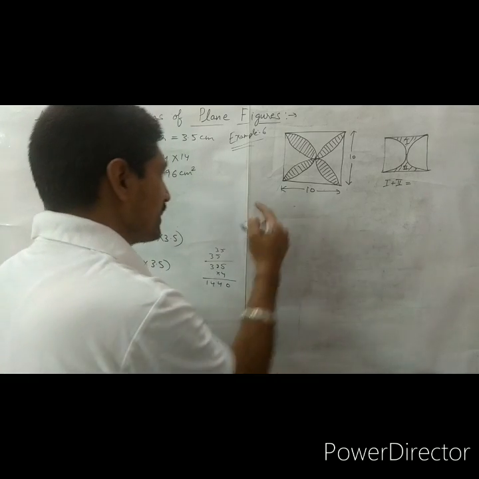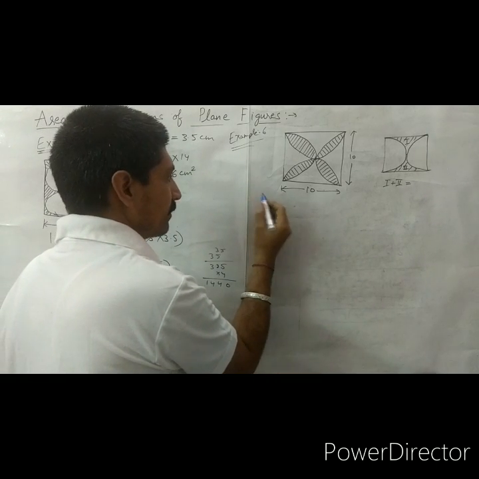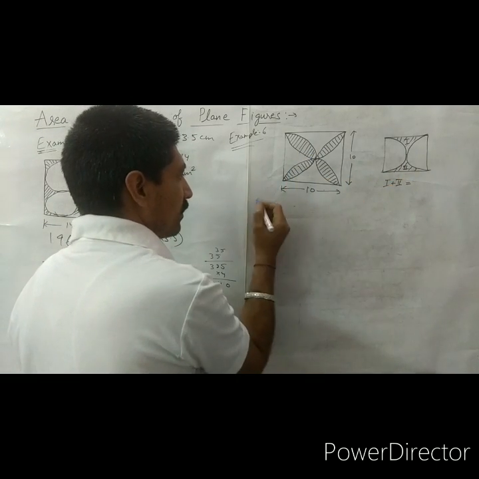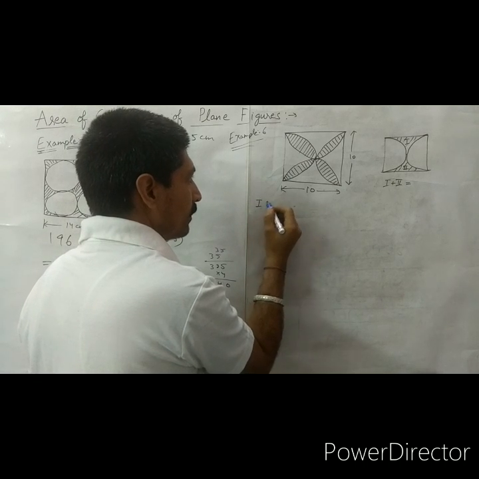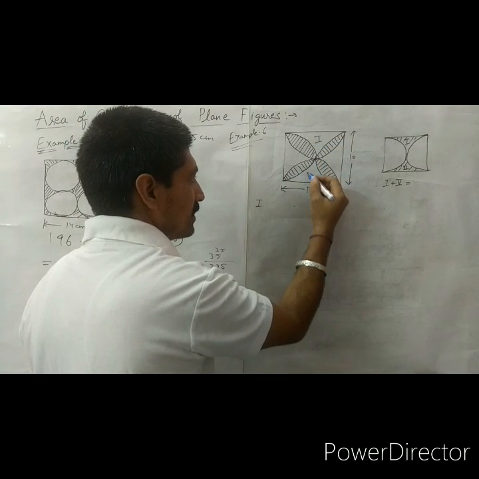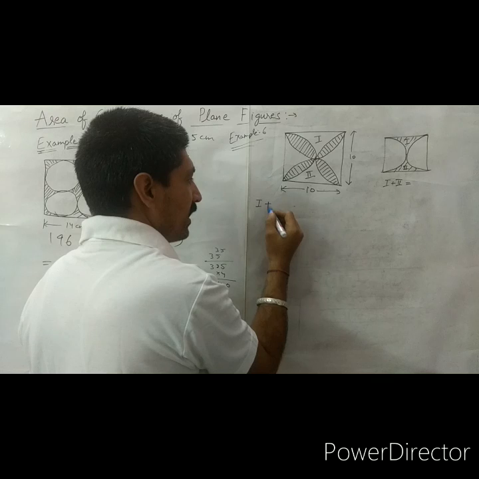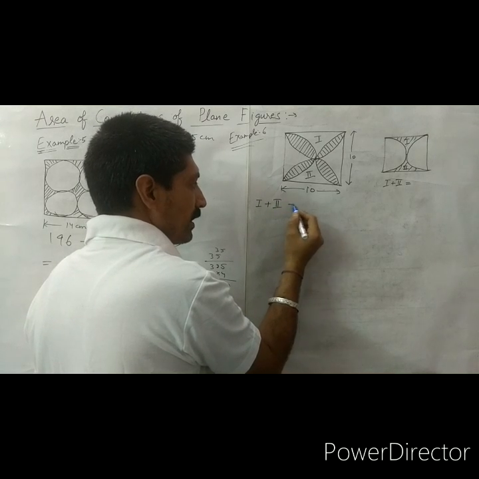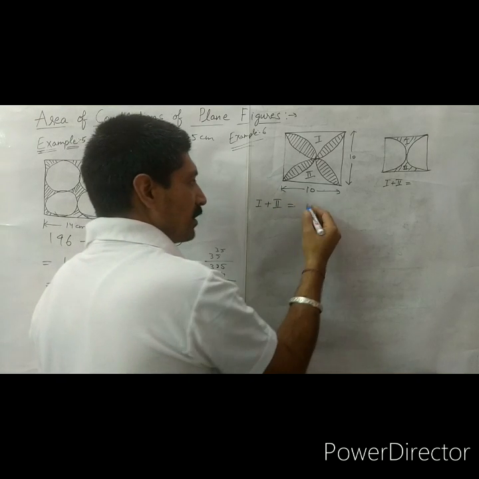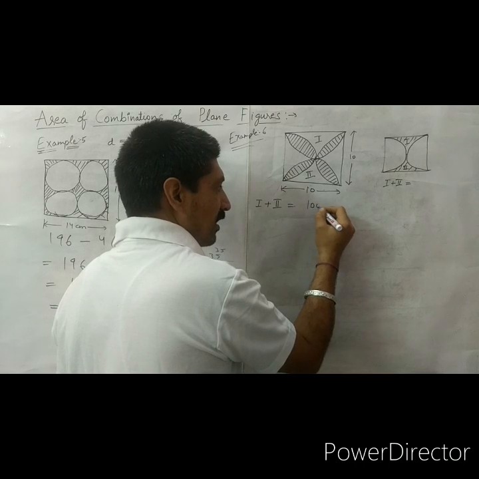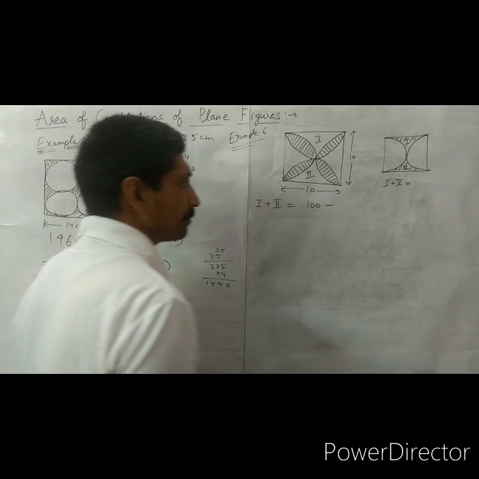So here in this case, the area of the square is 100. Area 1 plus area 2 is equal to area of the square, that is 10 into 10 is 100, minus,